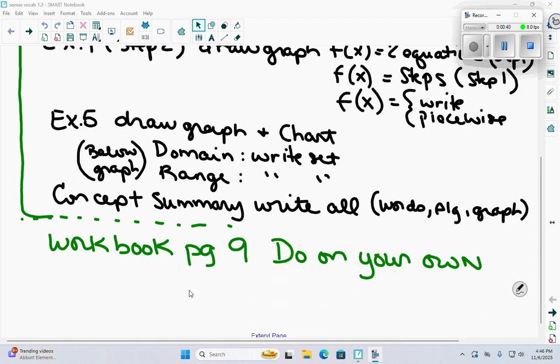Okay, the workbook, page 9. You're doing this on your own, so I'm just going to briefly talk about it, but I will check this when you do the quiz on this section, so just making sure that you are aware of that. Okay, so getting started,